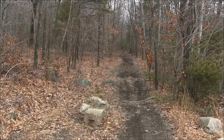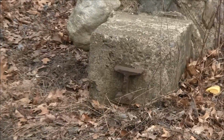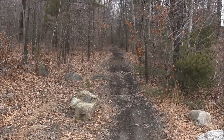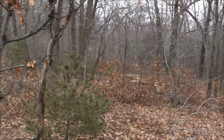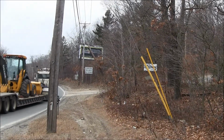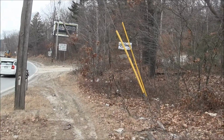Alright, so this is the other end of the Worcester and Norwich. And if there's any doubt that this used to be a rail line, somebody embedded something in concrete. This is the Worcester and Norwich. We pan over this way. See the higher roadbed rising up this way. That would wind up meeting Route 20 on that high edge. So if we walk up to the other side,